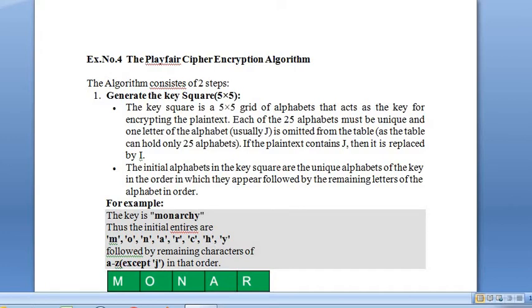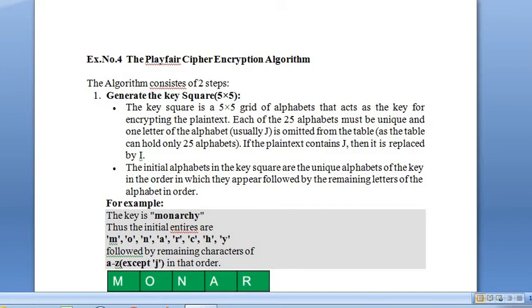We already watched the Hill cipher. Likewise, here a key square has to be generated. It is in the form of a 5 cross 5 matrix. A 5 cross 5 grid is nothing but a matrix, right?